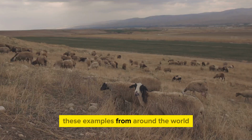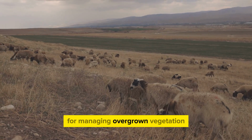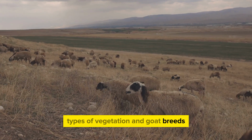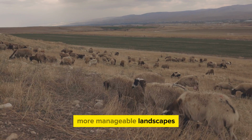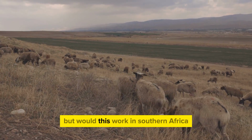These examples from around the world illustrate the versatility and effectiveness of goats as a natural solution for managing overgrown vegetation. Each case is unique, with different environments, types of vegetation, and goat breeds, yet the end result is the same: healthier, more manageable landscapes. These case studies show that goats can indeed be an effective tool for debushing, but would this work in southern